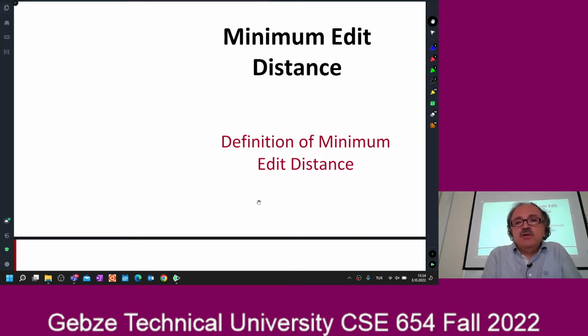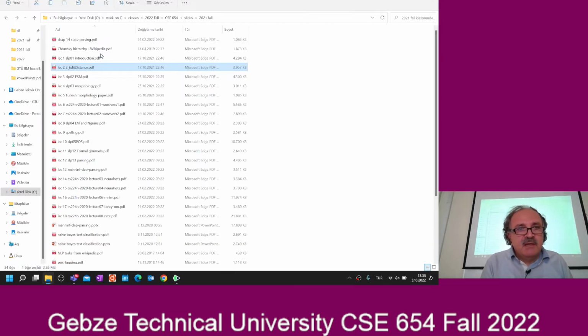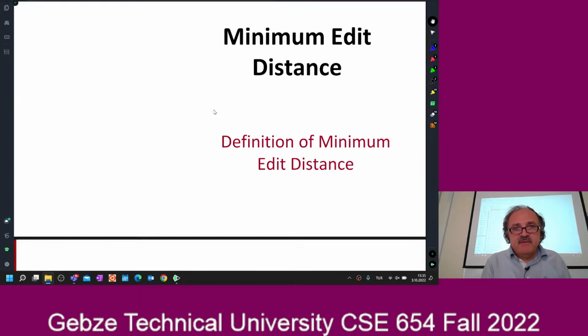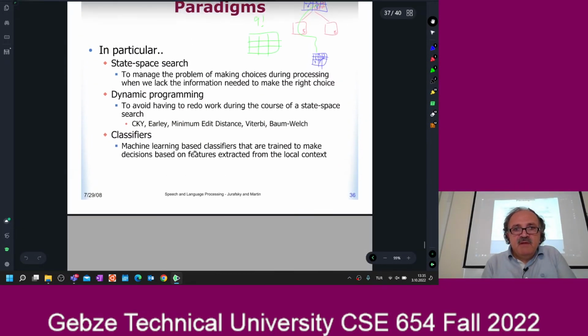We are going to do morphology. Before the morphology, I'd like to start by remembering what we said last time. Let me show you the last part of the introduction section. We said that, okay, we will